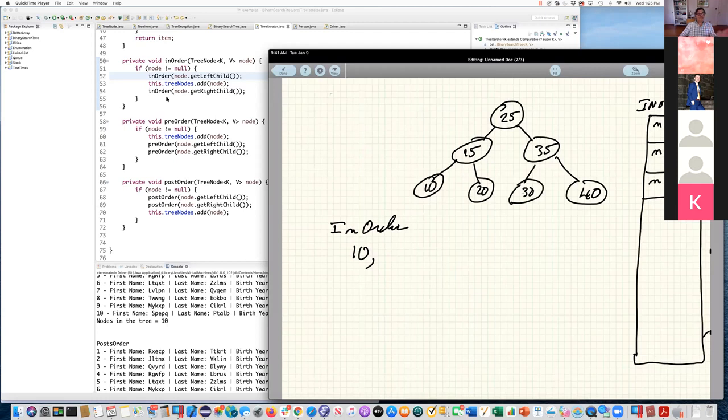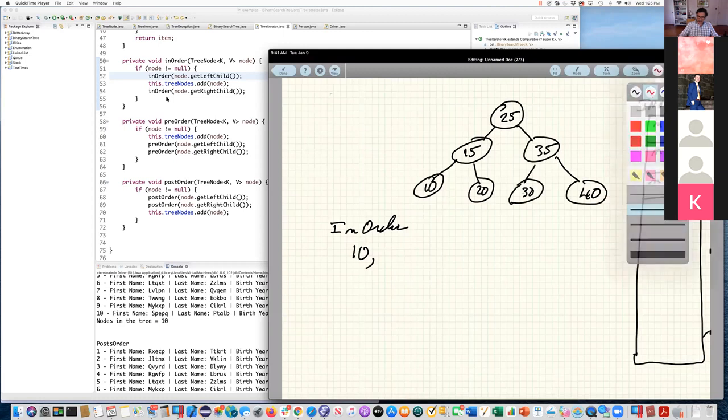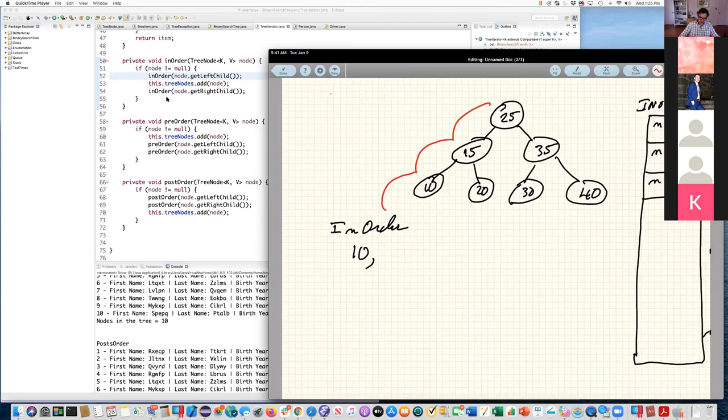since after we went all the way to the left and added 10, we stay on that node and see if it has a right child. Okay, see if it has a right child. So the order of what we have done is we went here, we went here, we went there, right? Yeah, so this is the order. Okay, we went down to the null, then we came back to node 10, then we went to the right, then we came back, and now we're going to go back to 15. Okay, yeah, that's the order in which we're going.